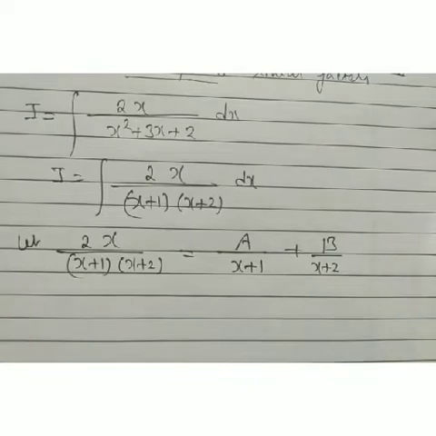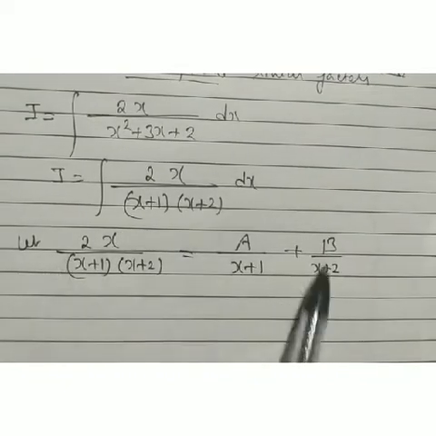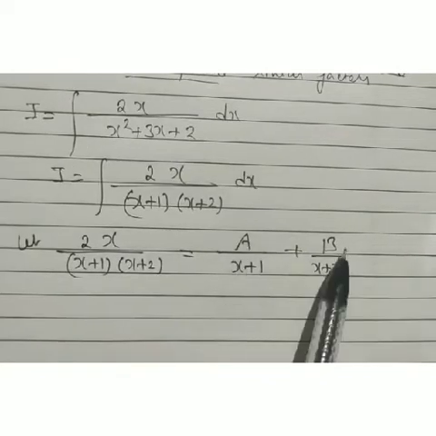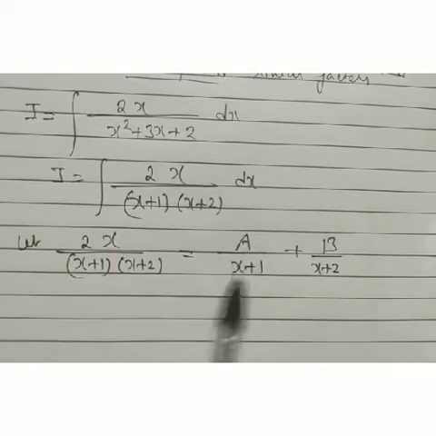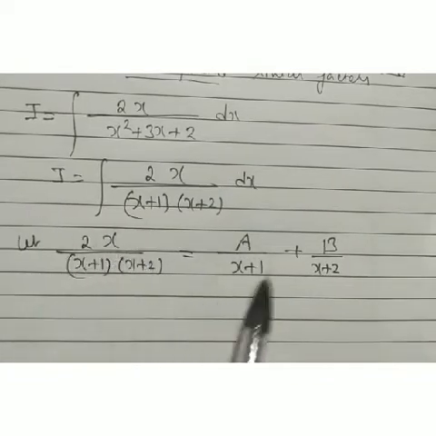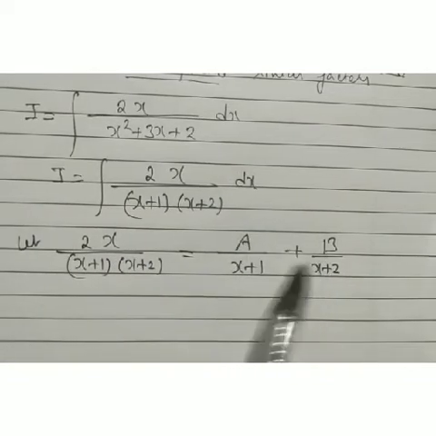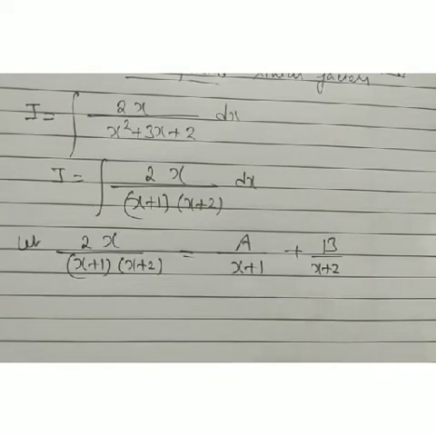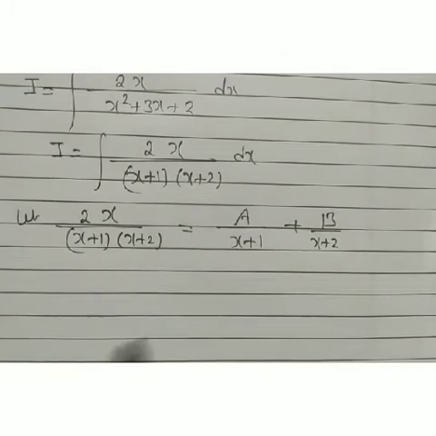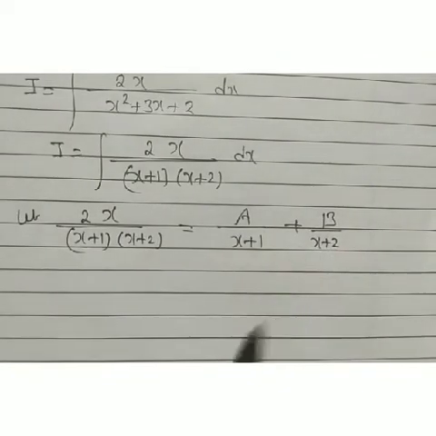Now what do we have to do? We are going to solve it. First of all, we are going to solve it to get the values of A and B. Then after that, we are going to integrate it, because we can express it as two simple rational functions there. Then we are able to integrate it easily there. Now look, how can we get the values of constants A and B there?